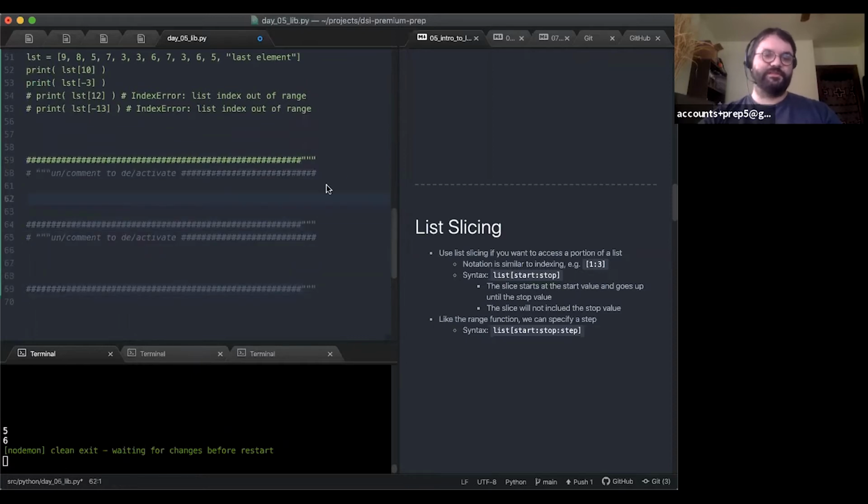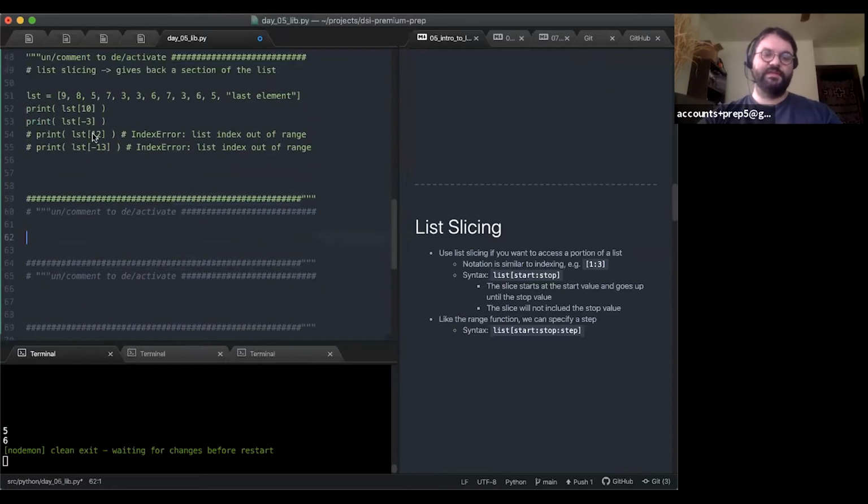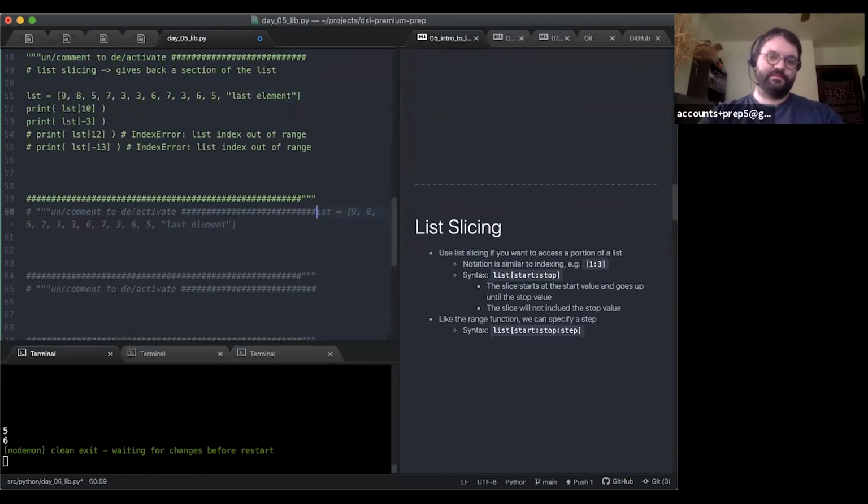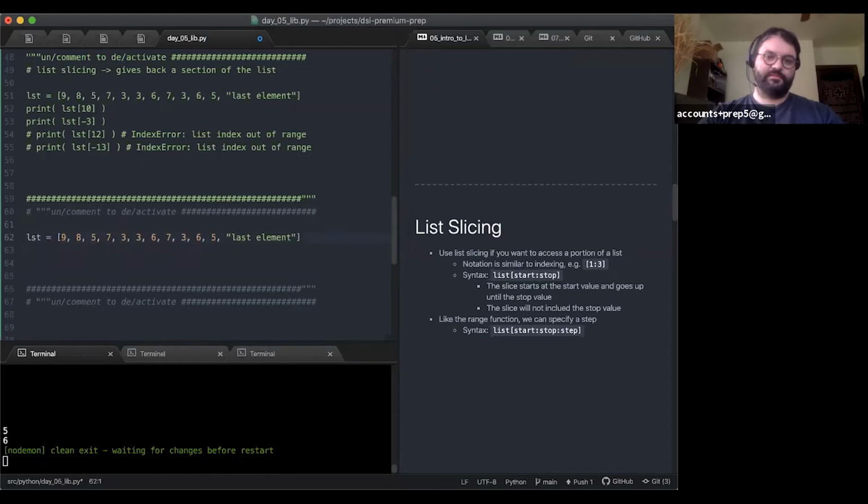On to slicing. So slicing is similar to indexing. I'm going to just grab my list here. We use similar looking syntax. We'll say list, and I always say sub like this.